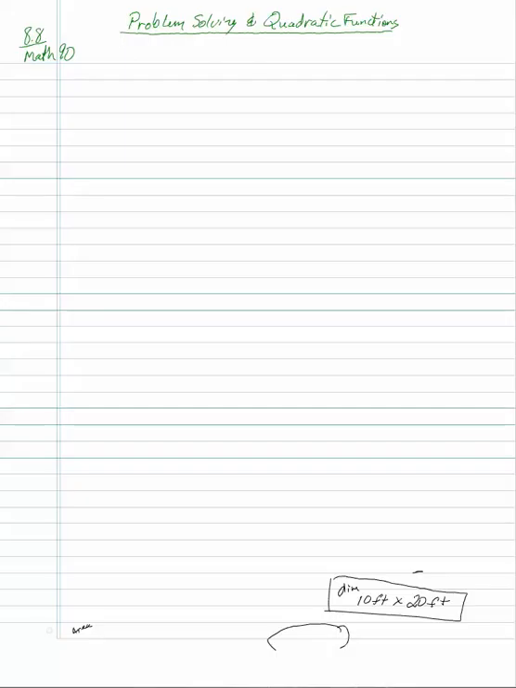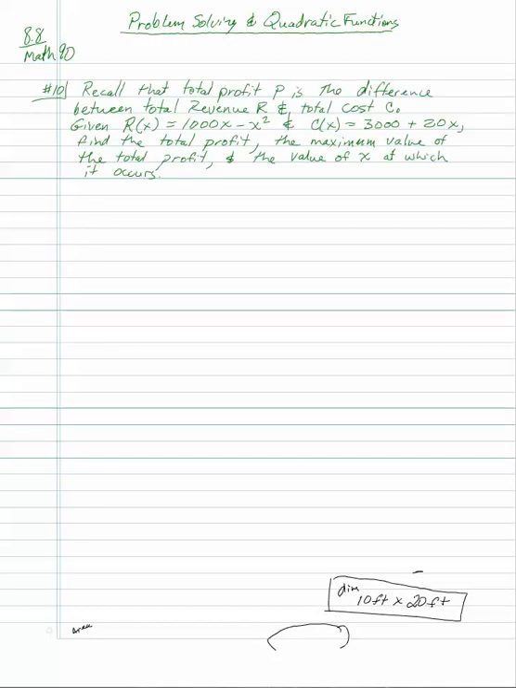So basically we're just doing word problems with quadratic equations. So let's try number 10. Recall that total profit P is the difference, this keyword there, difference, between total revenue and total cost. Given that R of x, that's your revenue function, is 1000x minus x squared, and your cost, C of x, is 3000 plus 20x. Find the total profit, the maximum value of the total profit, and the value of x